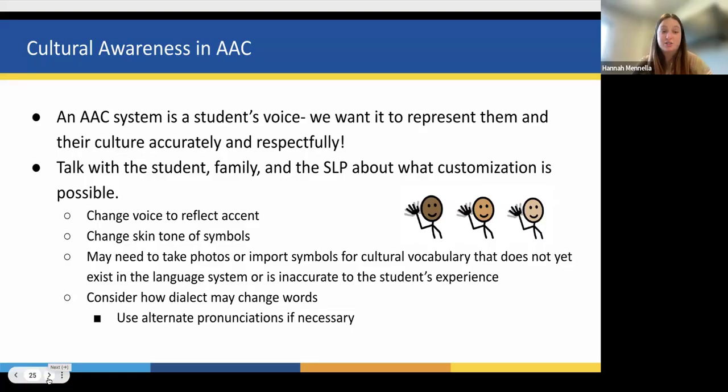Again, I'm happy to answer questions about these if you have any. But AAC is infinitely customizable, designed to be individualized to a student. I'm talking a lot about high-tech AAC here, but this also definitely applies to low-tech AAC. If we're having a paper core board for a student, can we have the vocabulary that's culturally appropriate? If we're talking about holidays, can we make sure their holidays, celebrations, and traditions are represented? Do the symbols look like people they're familiar with? It really applies across all AAC systems.